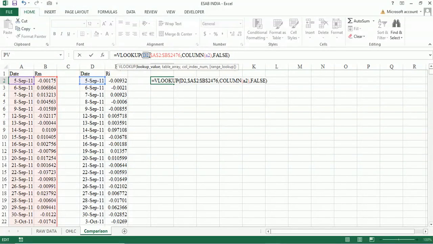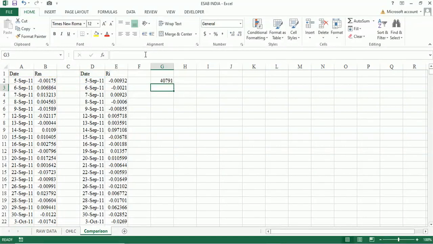The column will be the same, only the row numbers will change. I will press F4 three times, or I can manually put dollar signs before the column name. Okay, this is my formula.